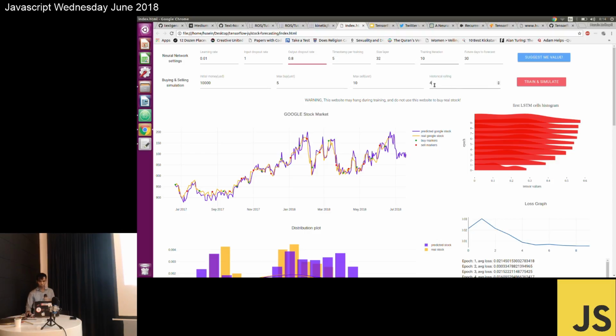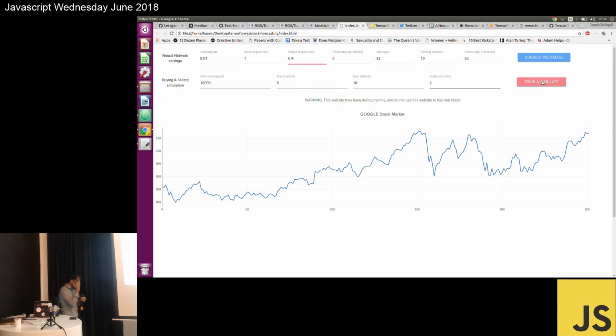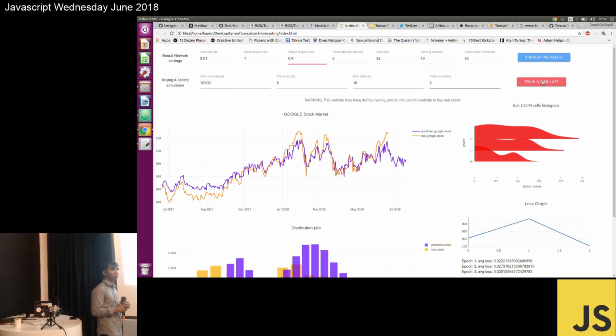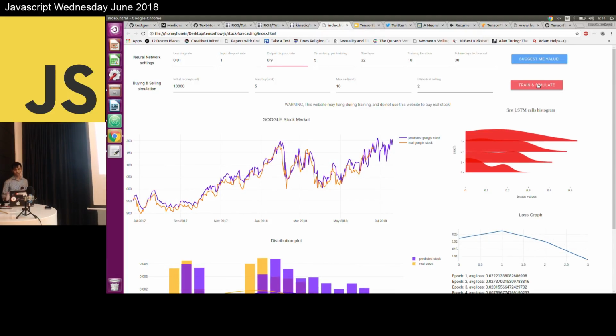What happens if we play the rolling at about 2 days, and the timestamp, and the dropout rate is higher? So we can play. The dropout rate is actually very important. It is a probability of how much of the value we want to maintain during learning. Later I will show what happens if I put 1. I mean, if it goes towards 1, no value will be forgotten during the training.